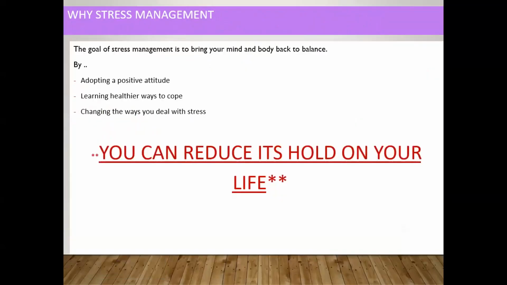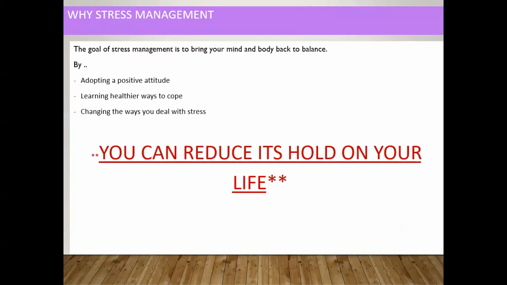So there's the issue of stress management. How do you manage your stress? Why do you even need to manage your stress? What's the reason for stress management? Can you manage it? Okay, so the goal of stress management is to bring your mind and body back into